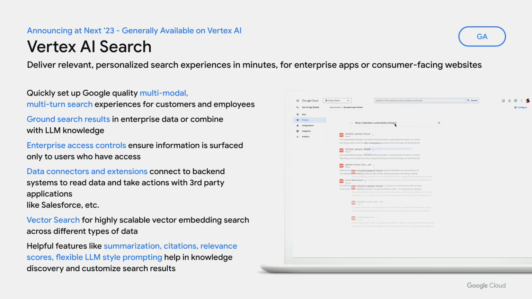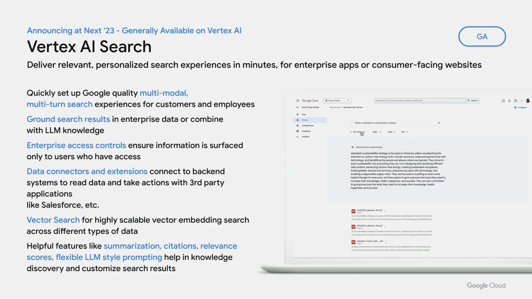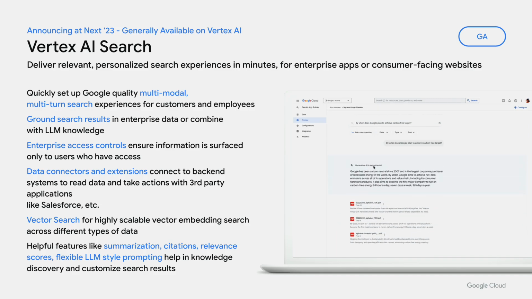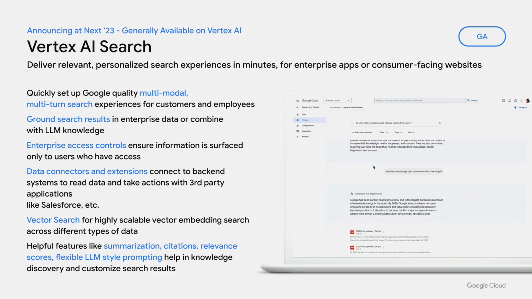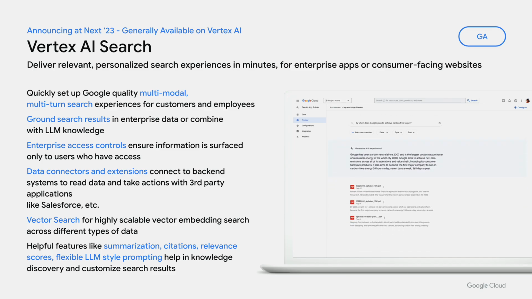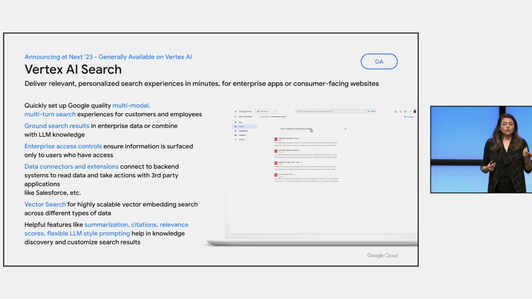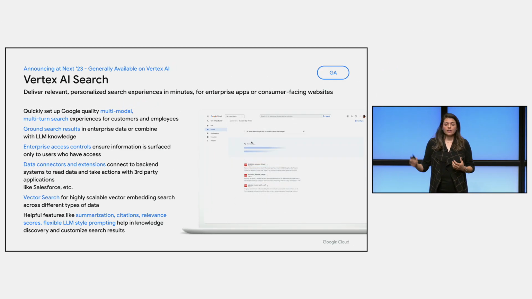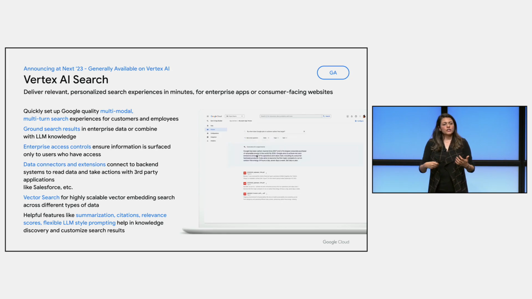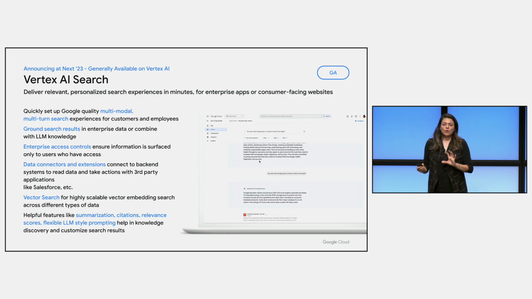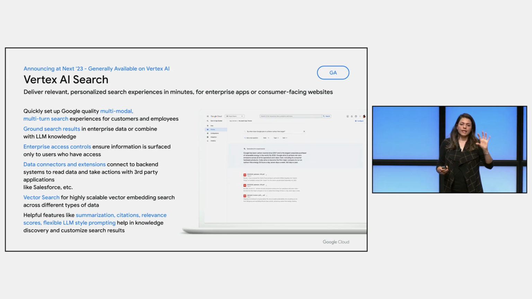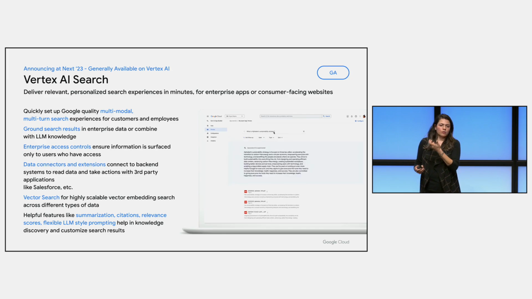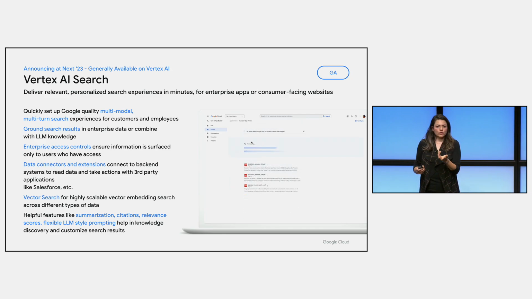And this is super powerful. This is leveraging embeddings and the LLM itself underneath, but there's more to it because, of course, if Google is not good in search, who is? So we are really learning a lot from Google, or bringing a lot of that knowledge from Google search, and we're making it available to Vertex search. Query rewriting is an important component, and there are a lot of iterations when you're doing a search. So those components are all taken care of for you, but at the end, you just provide your data store, and you're making it available or building an app on top of that to search through it.